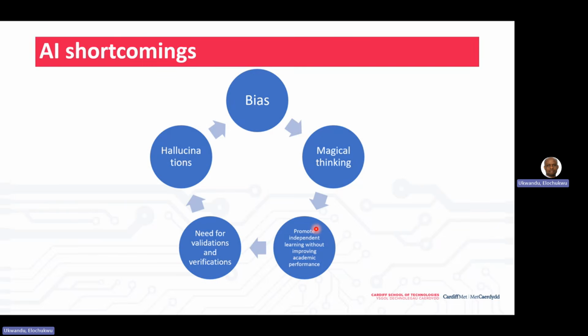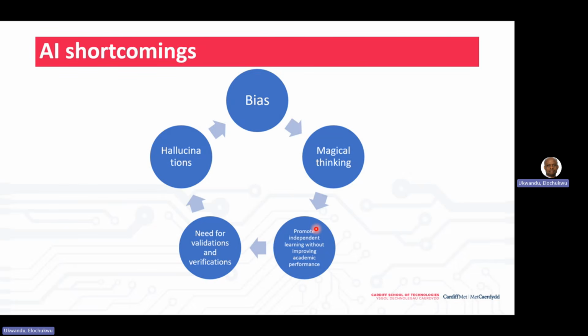We also look at the issue of hallucinations. Hallucination is AI making up things. You can try it yourself. You discover that when you ask AI some questions and it cannot get that data because it has not been trained with that data, it just makes up something and gives you an answer. Sometimes one day I was just trying to look up somebody I know on the internet. I said, AI, who is this person? Can you tell me more about this person? It just made up so many things and poured them out. I just laughed over it.